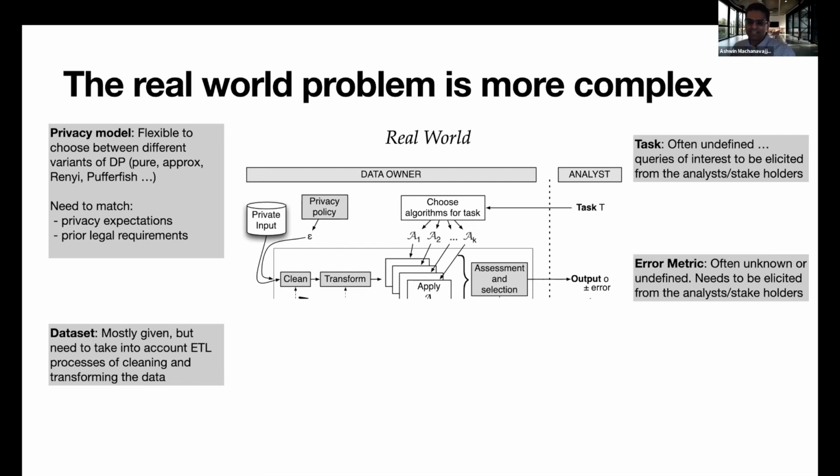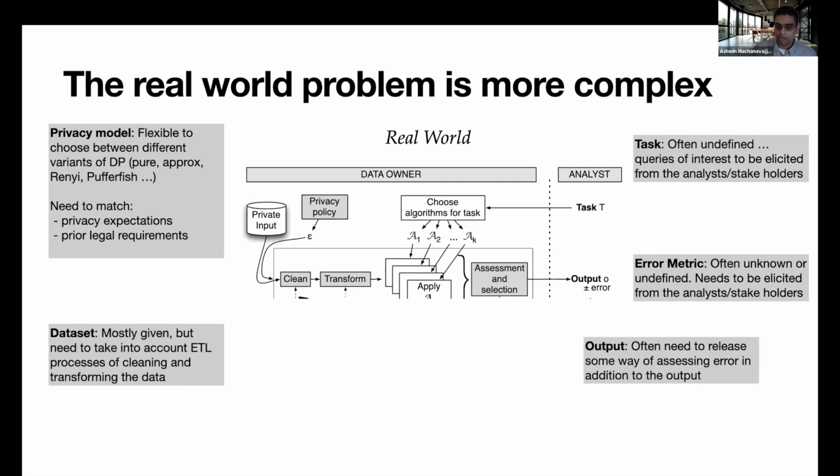But it turns out that's not the error metric they care about. The error metric they care about is, after you add noise, if a college like Duke University results in higher average salaries than, let's say, Harvard in the true data, then that same property should hold in the noisy data, right? You can't hold it with 100% probability, but that's the kind of error metric that we would not have thought about, right?